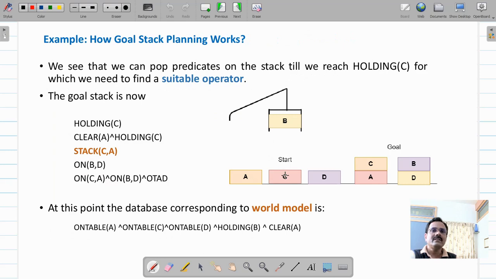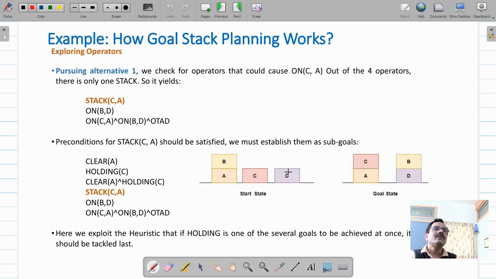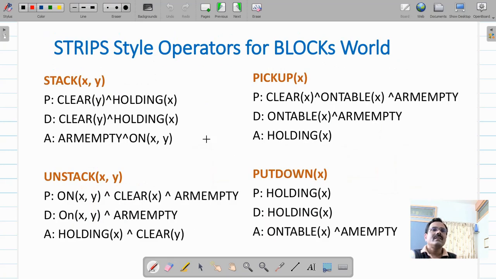So to make this on C X true, again find out an operator for on X Y. For that you have to apply the stack operation. To apply this stack operation, the preconditions are clear Y and holding X. So the held block X is C here, stack C you are going to perform.